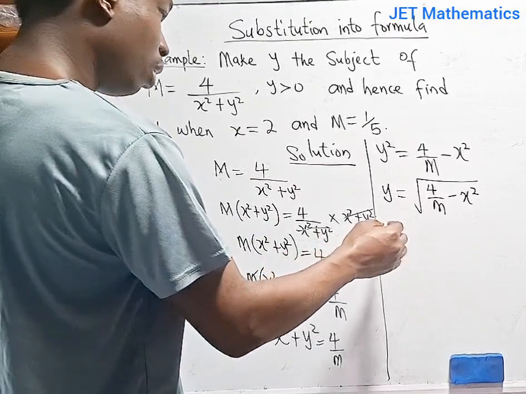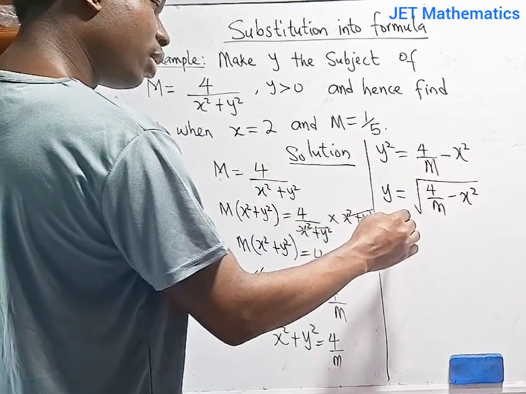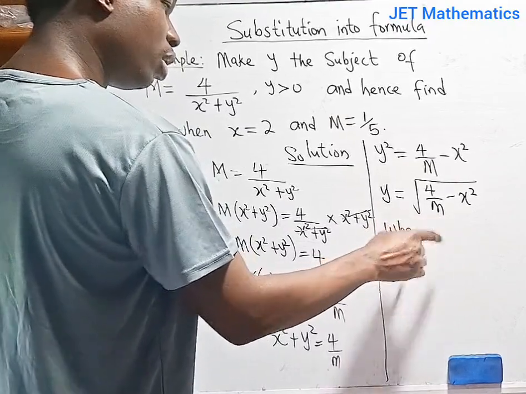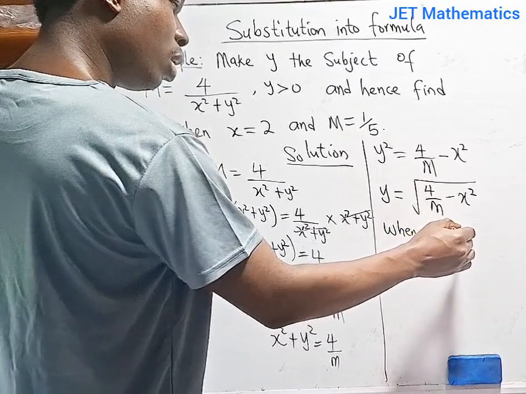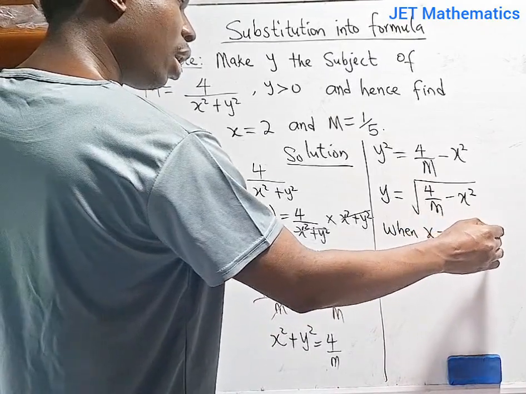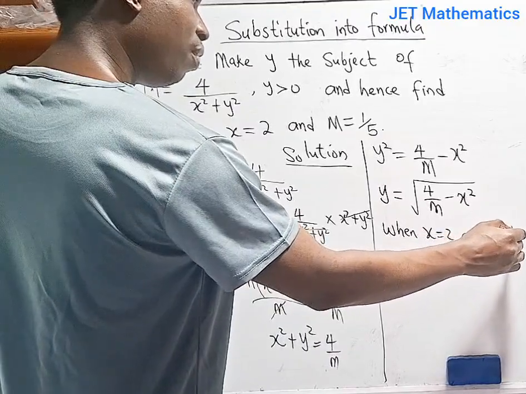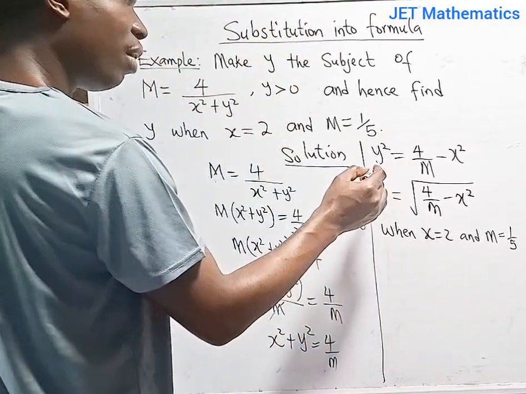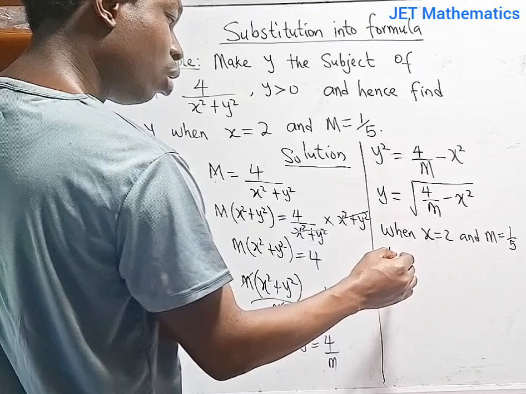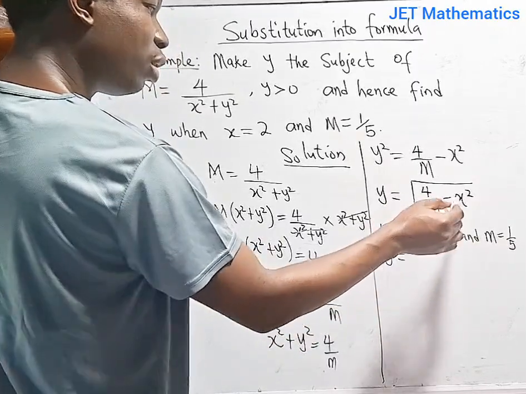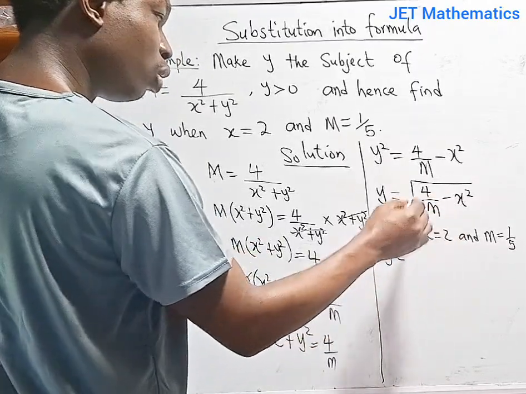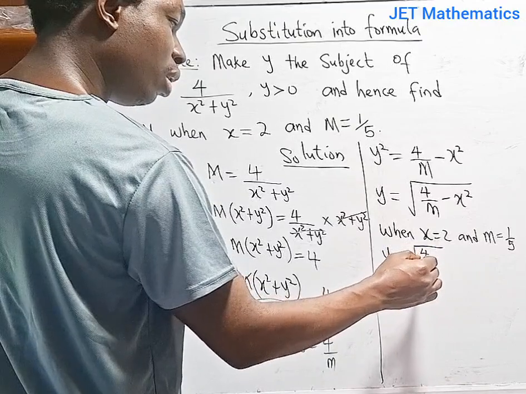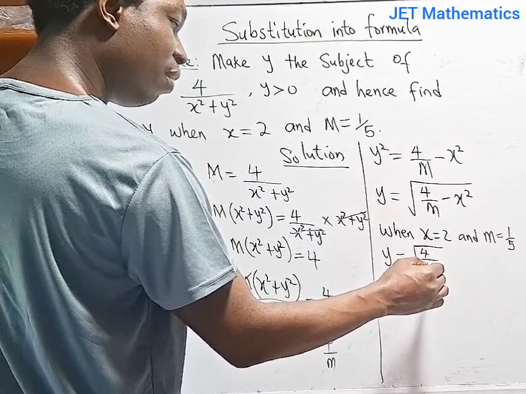So we say now that when x is equals to 2 and m is equals to 1 over 5, we're going to have that y will be equals to, we substitute these values in place of x and m, so we're going to have the square root of 4 divided by 1 over 5